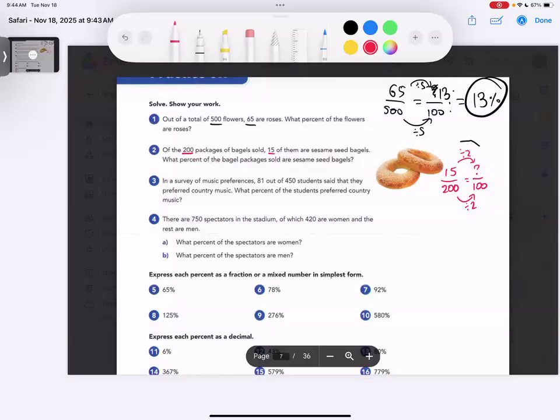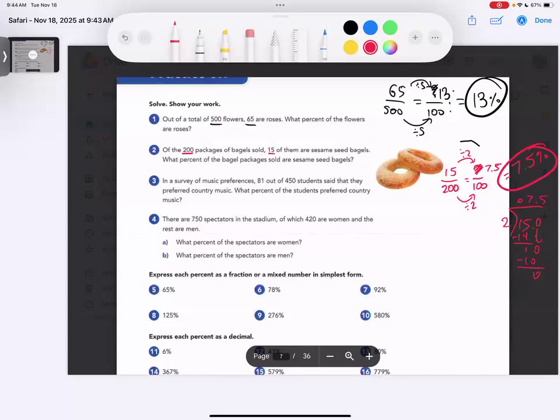What is half of 15? Well, I know it, but I'm going to do my division. Can 2 go into 1? No. Can it go into 15? Well, it can go into 14 seven times with 1 left over. Add a decimal and a 0. It can go into 10 perfectly 5 times. So it's 7.5. So this is what I've got, 7.5 over 100, which is